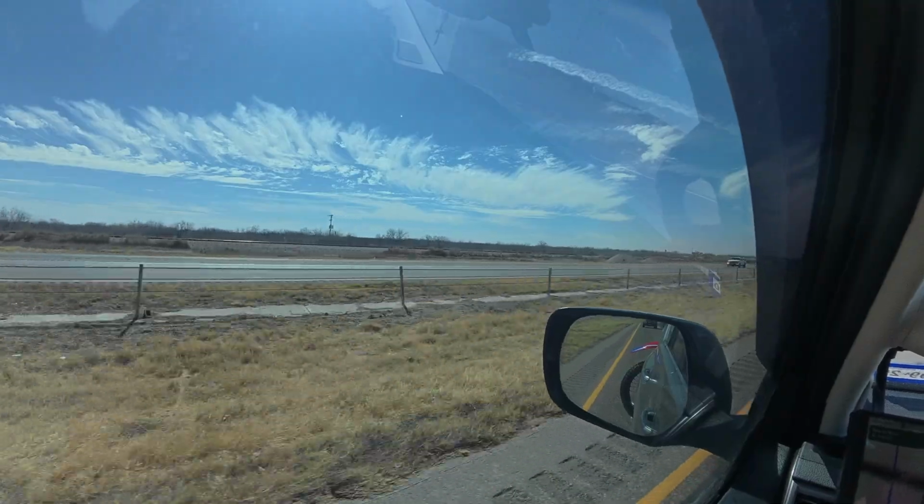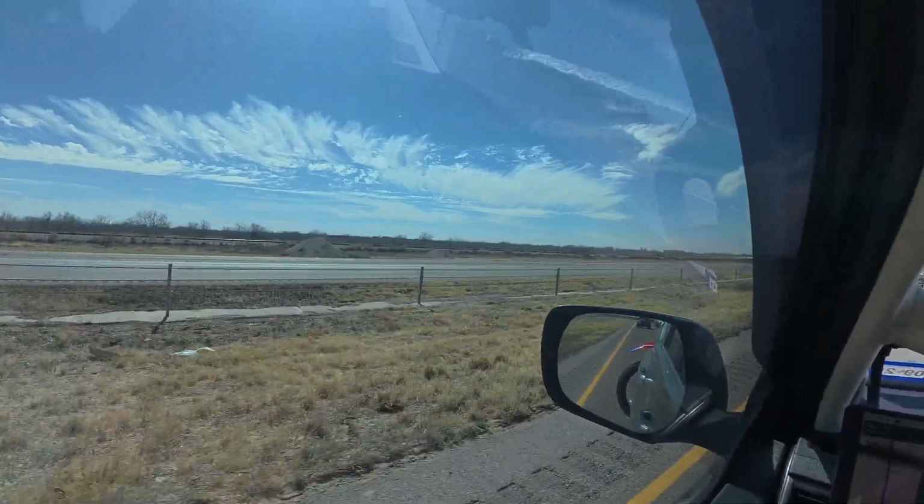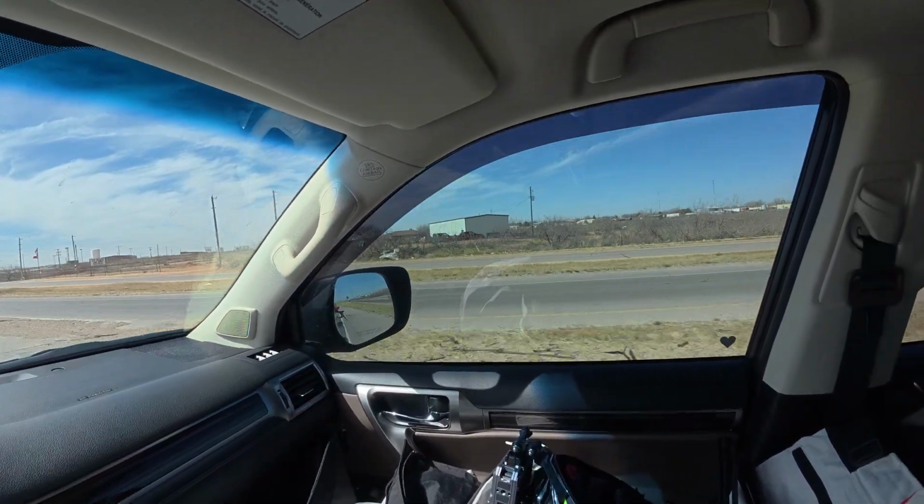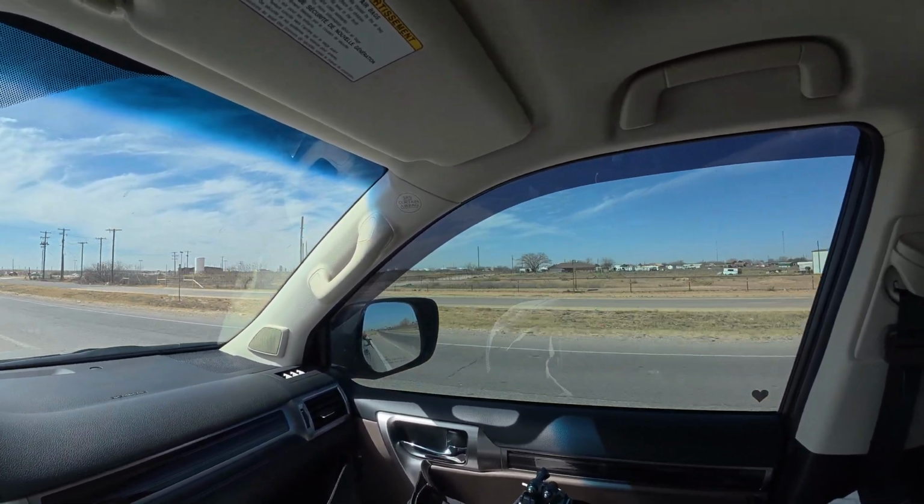We're in the middle of nowhere, Texas now. Really cool. Never been around here before. Have you ever done the trails in Colorado, like the San Juan